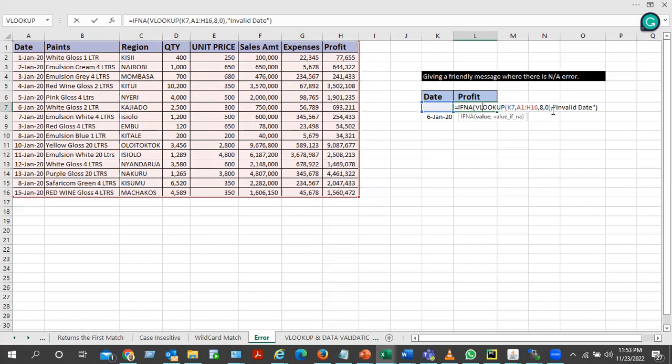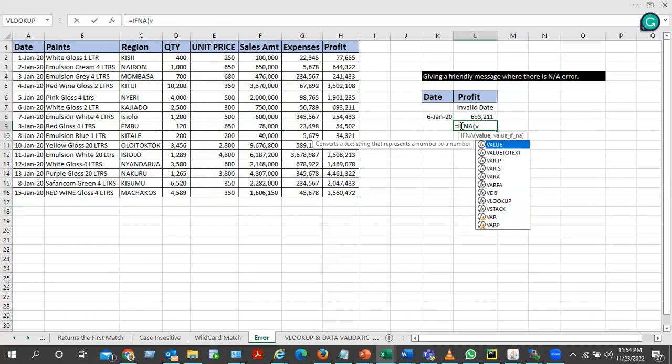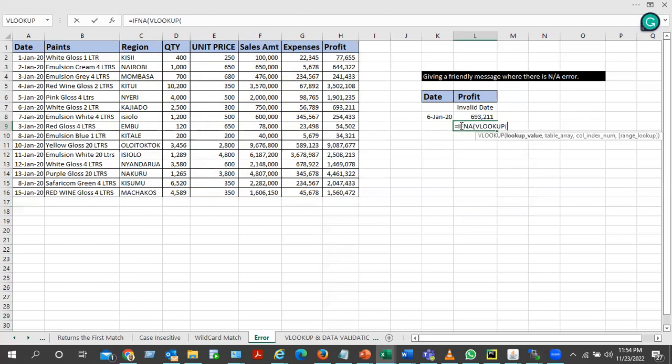Then you give a comma, and at the end you give any message that you want to be populated. To do that practically, let's do it. For example, equals IF, N, you tab, VLOOKUP tab, our lookup value is the date, comma, then select our table array,